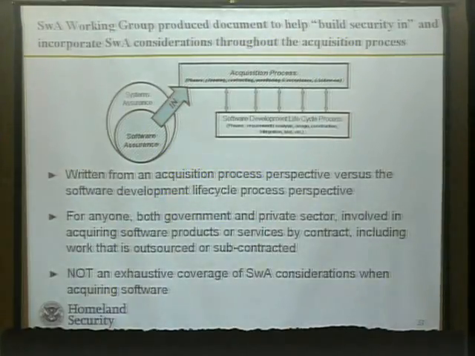The SDLC is part of that as far as producing the software. But we're focused not just on government acquisition, but it can be leveraged by the private sector as well. And so in this effort of 3 years of trying to come up with some kind of document, it's not going to be a regulation. We're not producing regulations out of this Software Assurance Initiative. We're trying to provide information to help better inform people, whether it be building software or acquiring software. And the challenge has been to walk that line of, well, we don't want to make it too government focused. We don't want to make it too, so